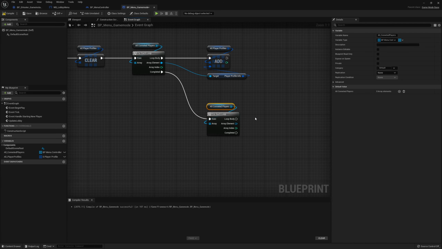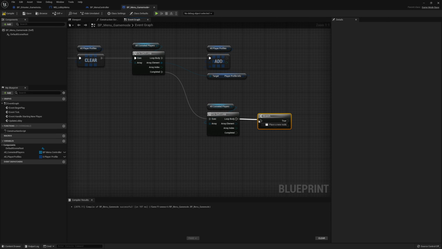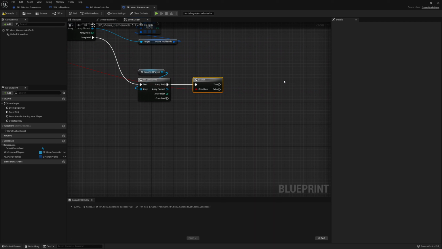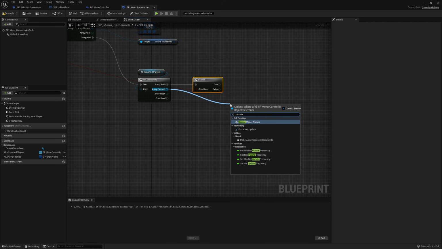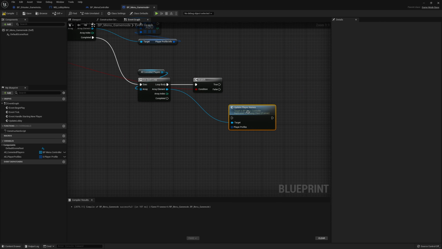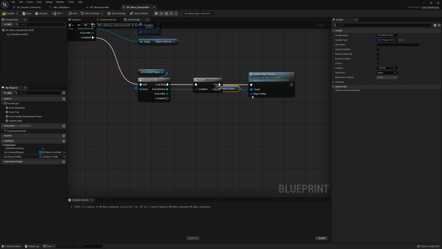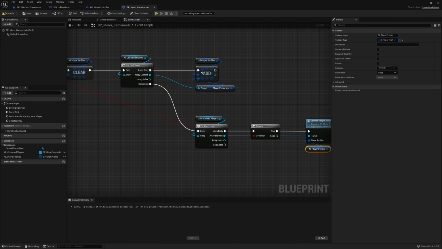and we want to get another branch in here, and we're going to hook it up to the input node again. So if we want to update the player names, then we're going to drag in our update player names event that we created on the controller a little bit earlier. And over here we can simply plug in the array from the game mode. So that should work, and now the server can tell the clients to update their lobby,